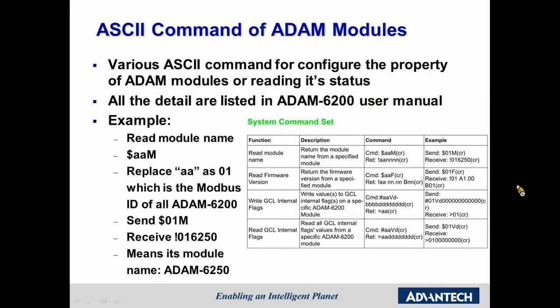There are many ASCII commands you can use with the ADAM-6200 series. When you use them, you'll see references such as $AAM. The AA should be replaced with a 01. This stands for Modbus ID 01. All the ADAM-6200 series are set to 01. Here's an example. He's sending a M at the end, which will return the module name,